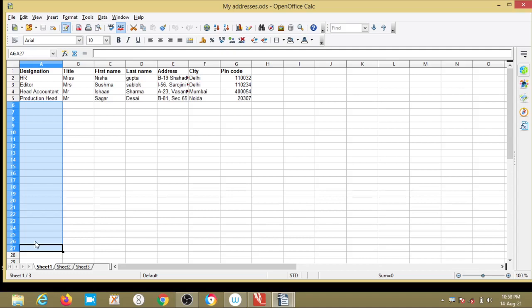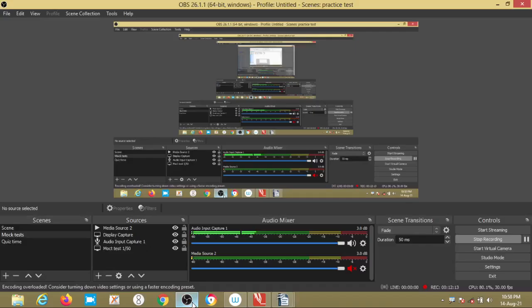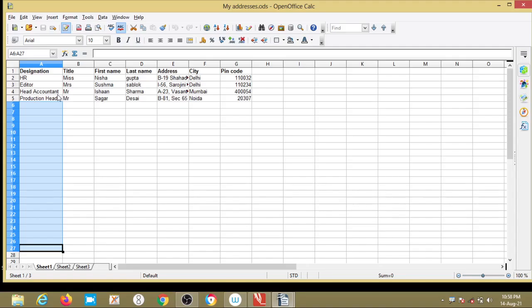Any information that has to be written here is the data source, in the sense of the people to whom we have to share the document. That is called the data source. So I have taken 4 members here. This is creating the data source. Now I have created the data source.